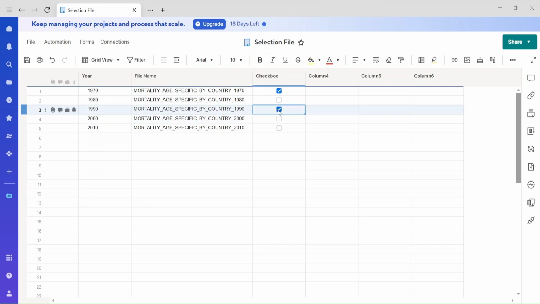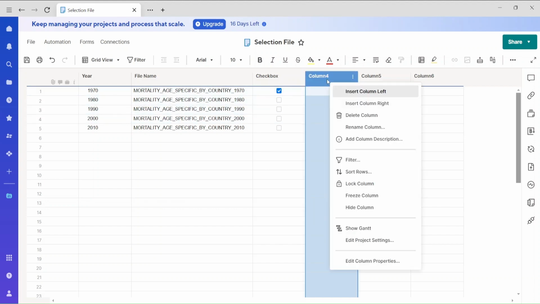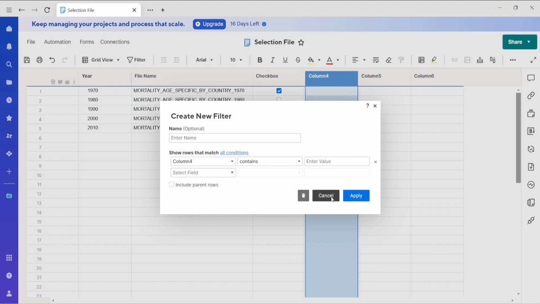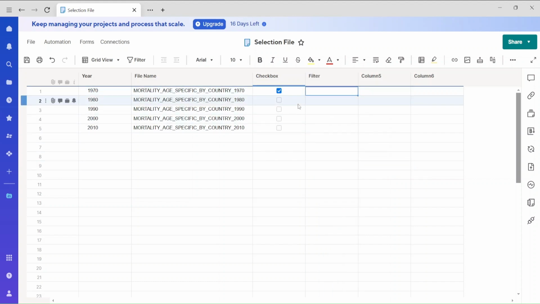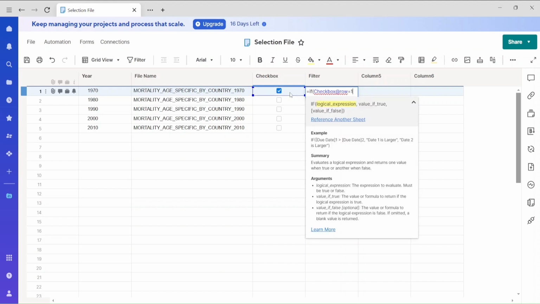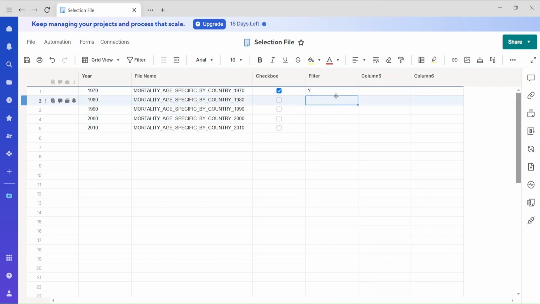Now whenever you select this file, what is going to happen? It's going to filter it out. So I want to have another column called filter column, and have some conditions here. So what is the condition? Equals to, whenever you have a checkbox and the value is checked, so equals to 1. If it is checked, the value is 1. Whenever this value is 1, you will pass yes, or else no. Okay, so this is the condition here, and this filter column, we are going to roll